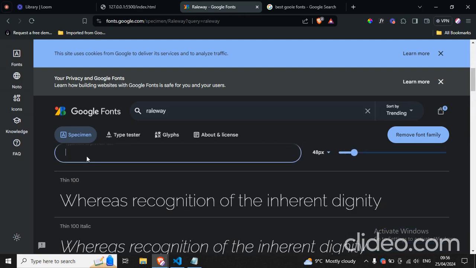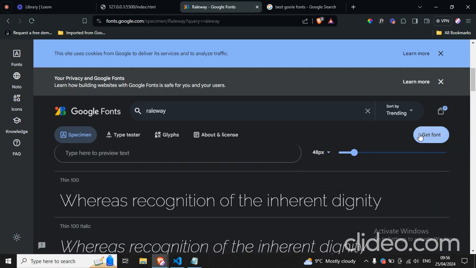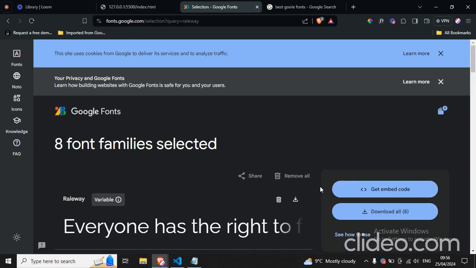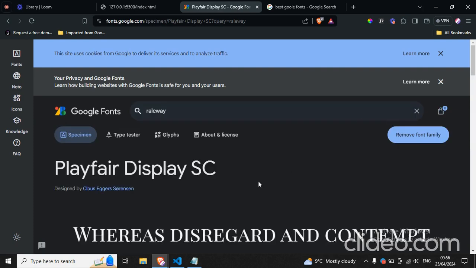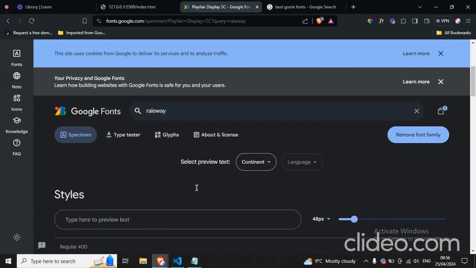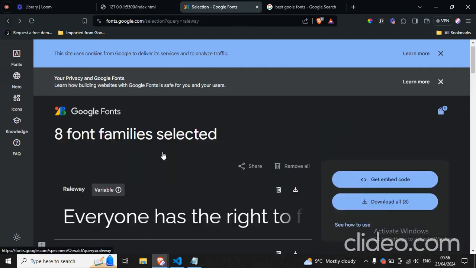Okay, type here the preview is written. So remove font family and we'll write get font, and then we need to specify the one that we like. For example, I like this one, Playfair Display SC. And then when I enter here, oh no, no need to enter here, I'm sorry. So when we take